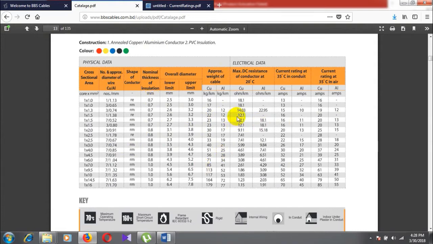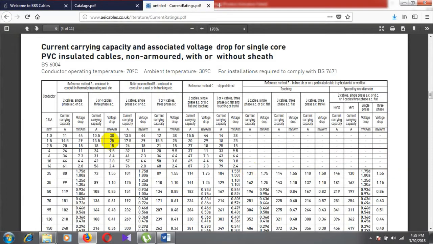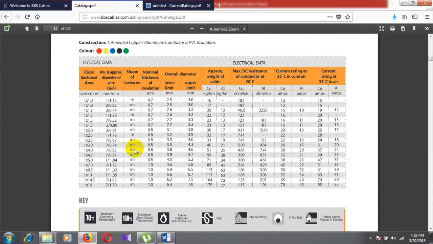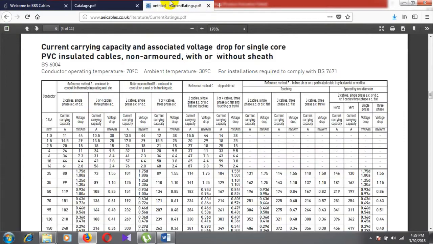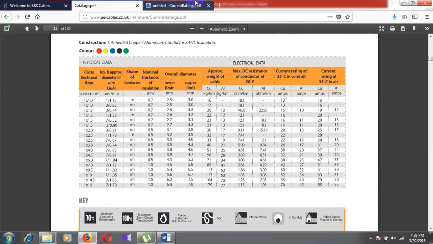So BD students can follow this chart or this chart. This chart is a standard chart, and many engineers follow this chart all over the world. That's why I do my overall calculation using this chart. But BD students can also use the other chart. In my description I will put the website link for both cable charts, so you can easily download them.